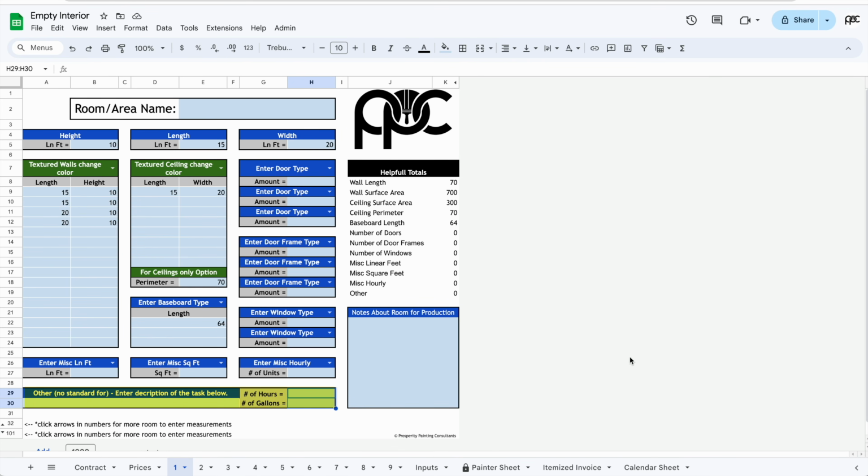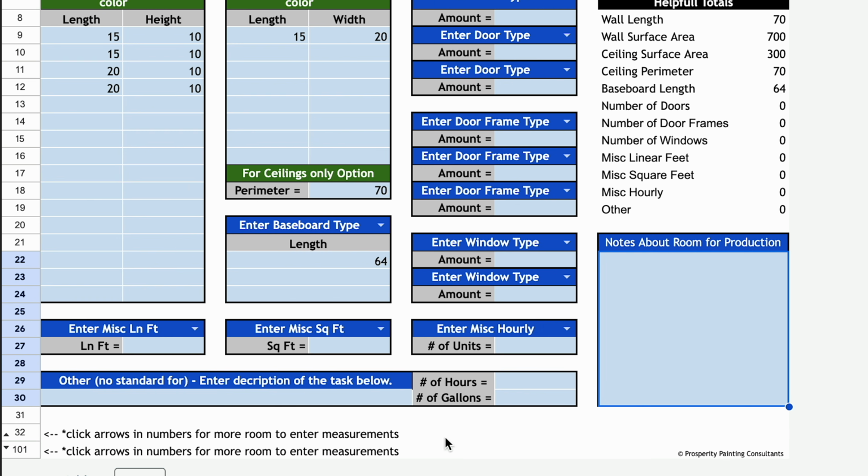So on the bottom of each one of those pages where we put in those 9 different things, there's also one called other. And this we use all the time for random things that doesn't make sense for us to add a new standard into, but this just happens. But one thing we'll do is we'll say, hey, additional color, and we'll add 1 gallon and 1 hour. And you might be wondering, why would you add an hour? And the main reason for that is, it's more work, more things to keep track of, more brushes and rollers to clean. So that's why we add the extra time. You don't have to add an hour, you could add a half hour. You don't have to add any time at all,